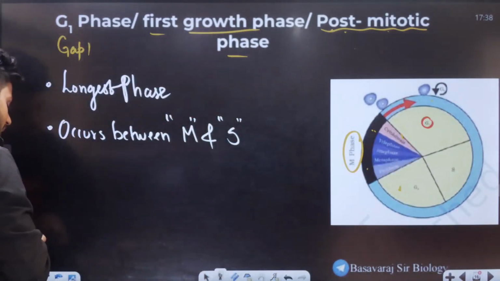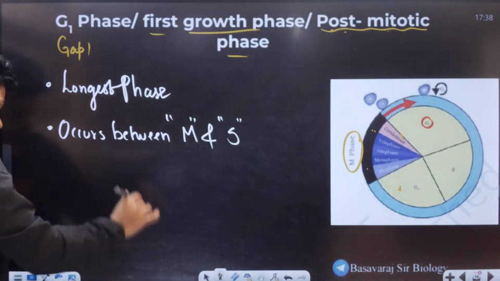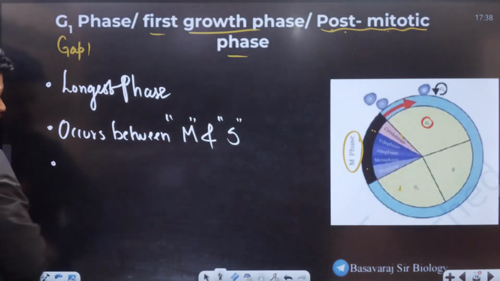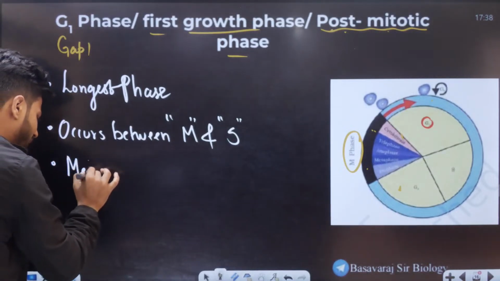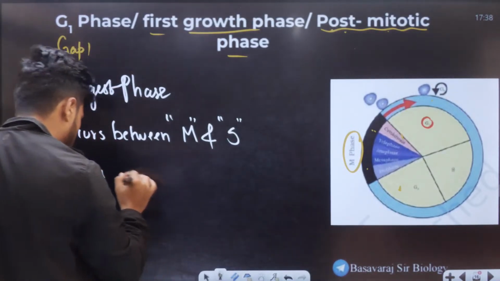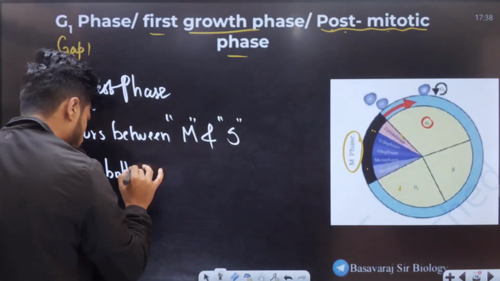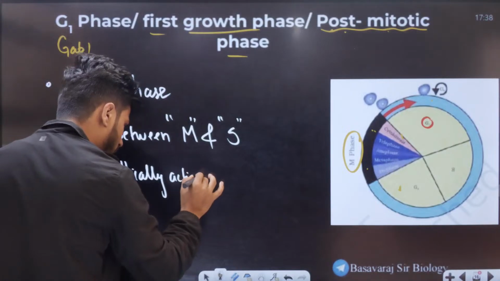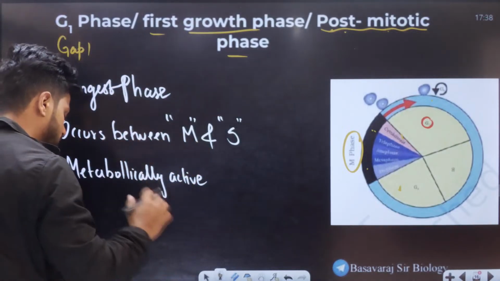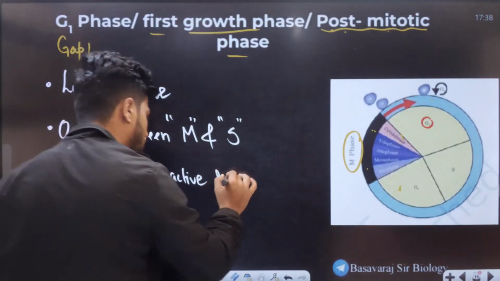Now, what exactly happens here, students? Understand. The cell here is technically metabolically active. It is metabolically active, and it is going to continuously